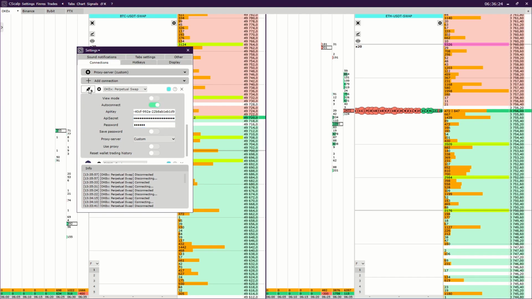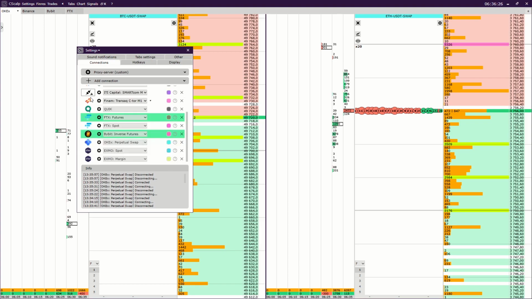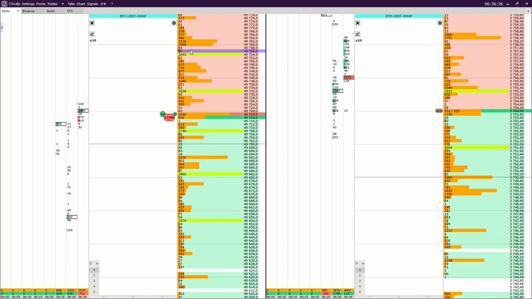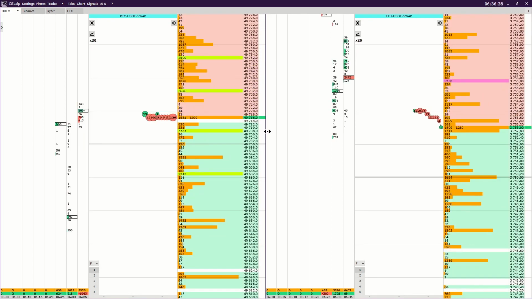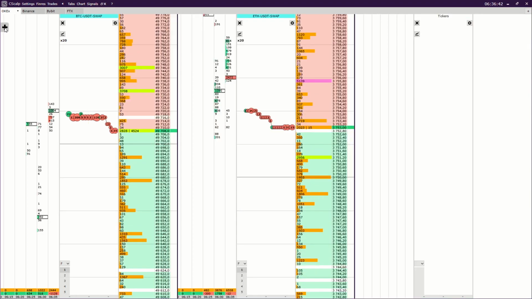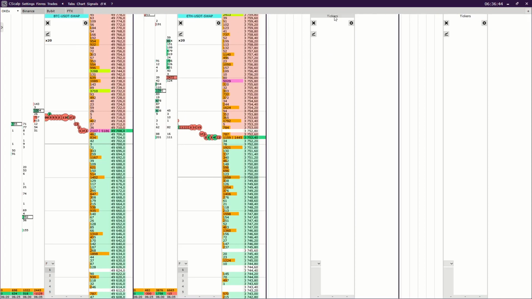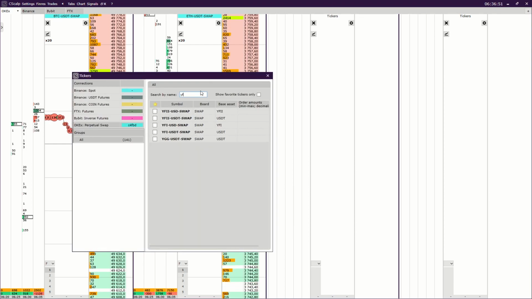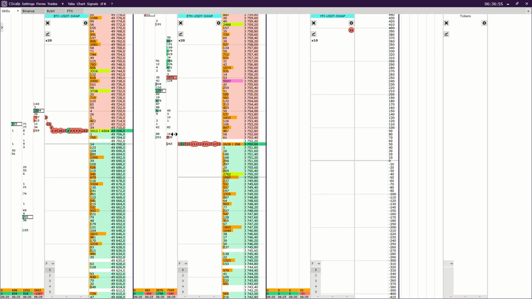Click on the OKEx logo to get connected to the exchange. If the connection was successful, it will be highlighted in green. You can add tickers and start trading. I will demonstrate the placement of orders on the WIF USDT ticker. I will add an order book by clicking on the plus icon on the left side of the terminal and then click on the ticker sign. In the window that opens, I will use the search, type WIF USDT and do a double click